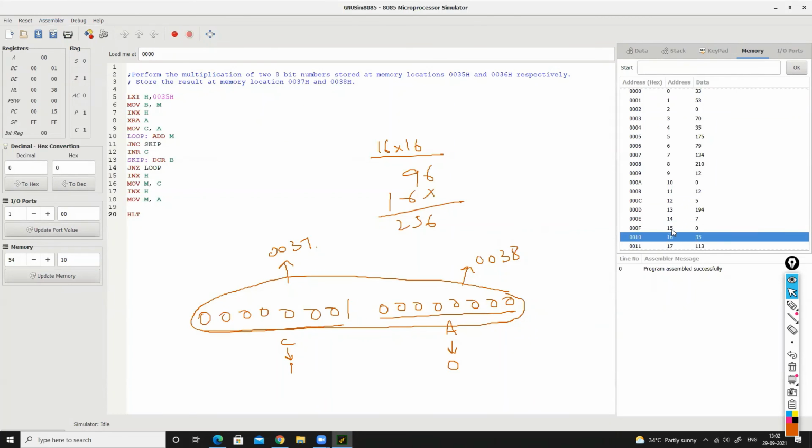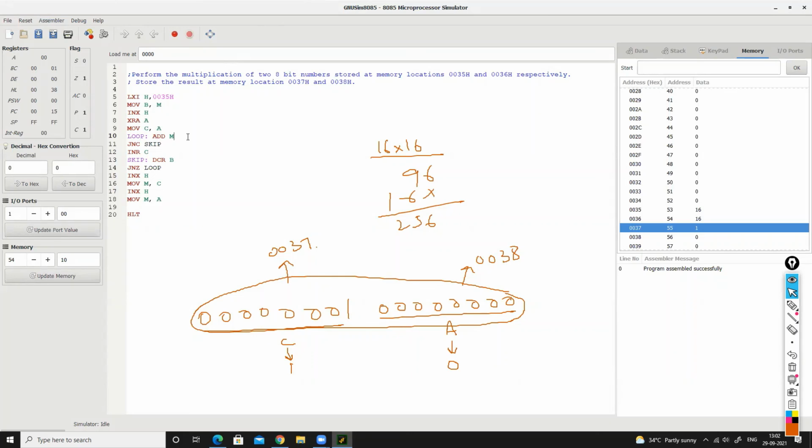Let's go to these locations, 0037. 0037 contains 1 and 0038 contains 0. Okay. So here I have shown you 2 programs and how we can use these 2 programs to understand different concepts. In this program, we have also understood the use of logic instructions, this XOR instruction, and also the logic of using loops, how we can use loops.